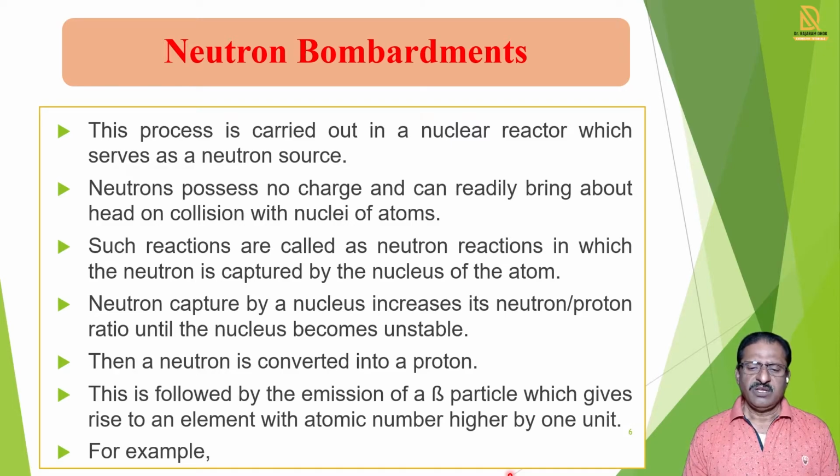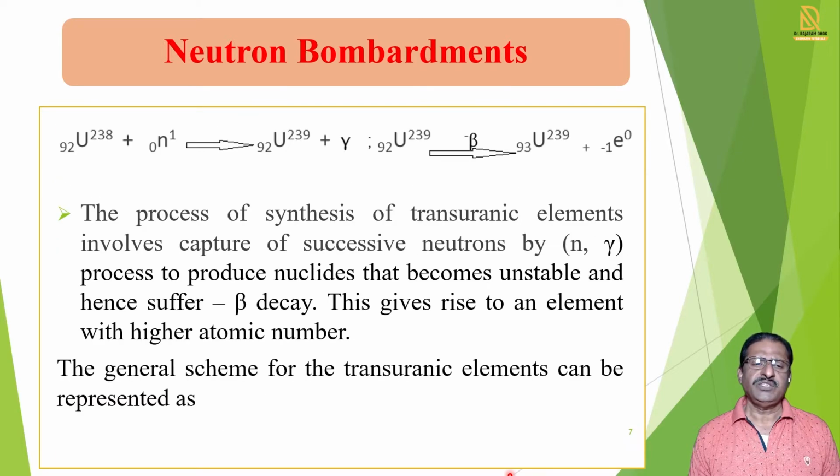So in this way, we can bombard the neutron. It becomes unstable. When it becomes unstable, then it is converted into some other isotopes. So firstly, the neutron is bombarded, and when it becomes unstable, then it eliminates some particles like beta particles. And when the beta particles are eliminated, then the higher atomic number elements are formed. So actually we see this with the help of reactions, so you get the idea very easily.